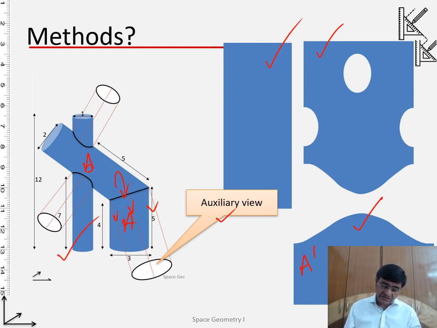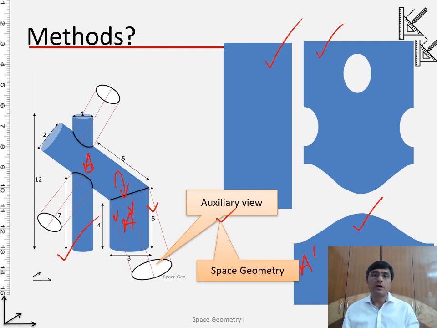Now this generation of the auxiliary view is covered in space geometry. Space geometry means how that plane which is there, how do I rotate it? What I know is its orthographic views. Using the orthographic views, can I really create that auxiliary plane and project it? So this entire part will be covered in space geometry, a very interesting and conceptual component of the course Engineering Graphics.